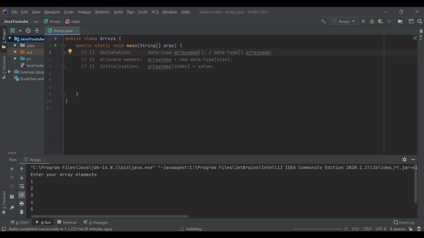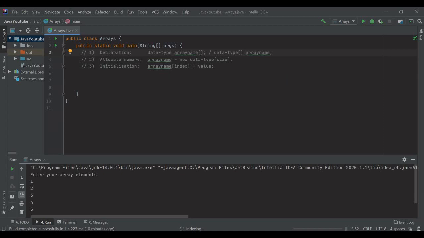In Java, we first declare the array name and then we later initialize it, or you can club both the two steps into just one. So first, declaration is like this. We first declare the data type and the array name with square brackets, and inside that we define the index, or else you can say data type, square brackets, and then the array name. Okay, so data type can be whatever you want, say for example int or float.